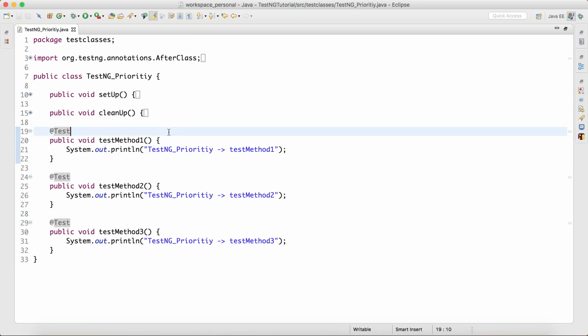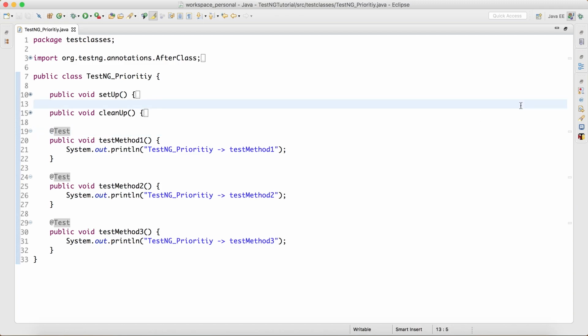And initially we learned that TestNG runs test cases in the order of alphabetical preference. But what if I want to make sure that one of my test methods runs first and one of my test methods runs second, and they do not depend on what name they have, right? So I should have some way to control the order of execution instead of relying on TestNG alphabetical order.